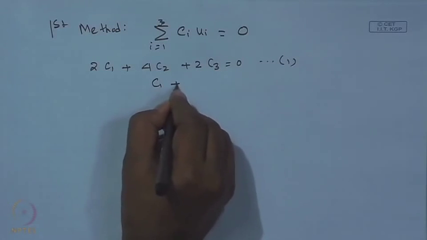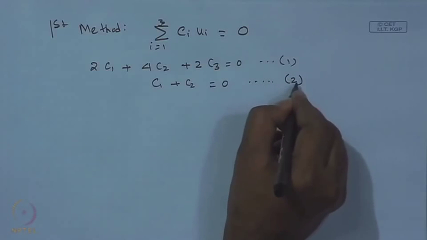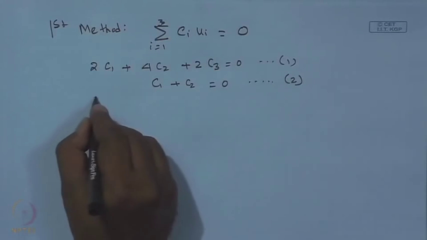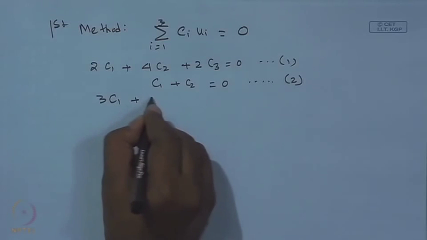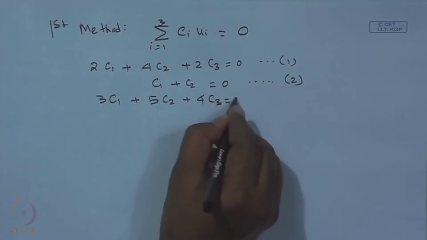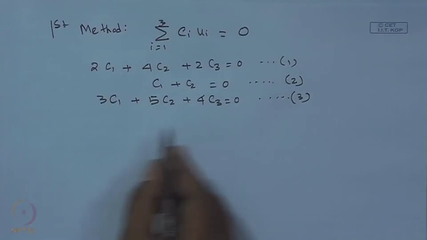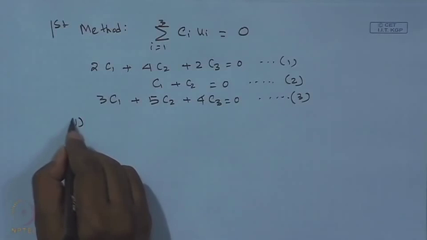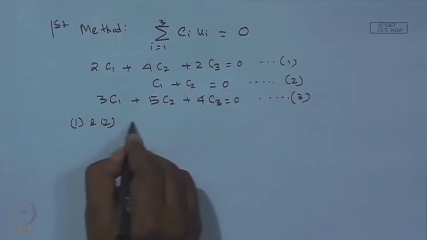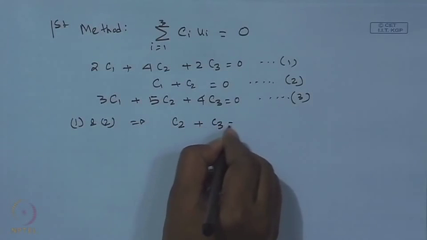Then C1 plus C2 equal to 0, that is equation number 2, and the third one will be 3 C1 plus 5 C2 plus 4 C3 equal to 0, that is equation number 3. So, combining 1 and 2, we get C2 plus C3 is equal to 0,